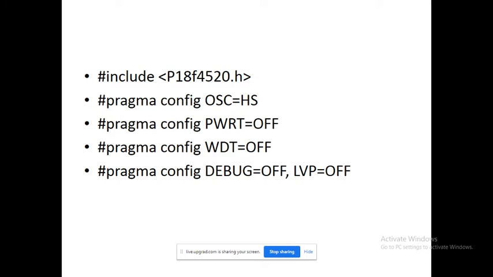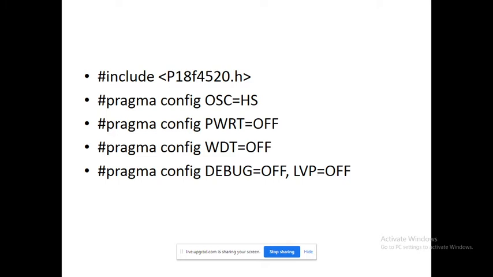We are putting a specific time within the watchdog timer, for example 5 seconds. Suppose our system gets hung anytime, because our embedded system works 24 hours. Suppose our system gets hung in between, every time it is not possible to go there and press that reset button. In that case we want automatic reset, and when we want to use automatic reset, we are taking help of the watchdog timer. But now we are doing a practical lab experiment, and here it is easily possible to press that reset button, not necessary to take help of the watchdog timer, and that's why the watchdog timer is also off.